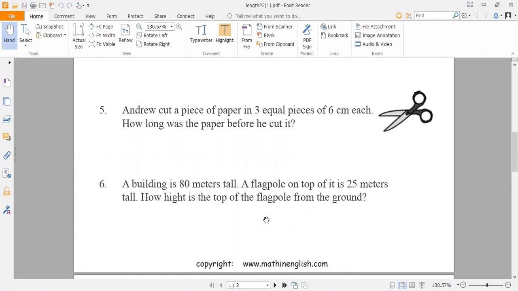So the total height, when I say the word total, I will make addition. So the total height of this flagpole from the ground, we say 80 meters plus 25, because we said total so we will make addition, equals